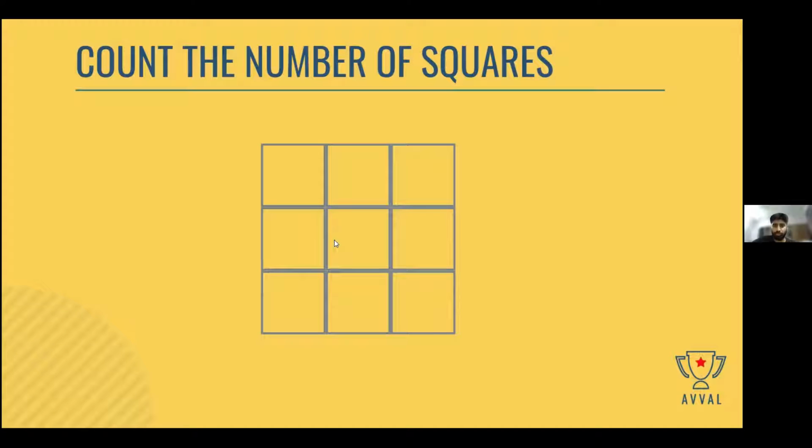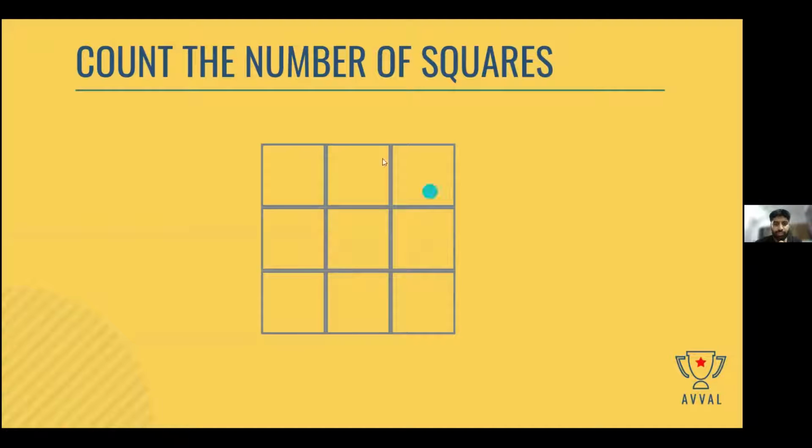Because look, I can ask you more tricky questions. For example, I can ask you how many squares are there on a chessboard, and what would you do then? Can someone tell me how many squares are there on a chessboard? That's an 8 by 8 square, by the way. So why don't you all take it as homework? How many squares are there on a chessboard? And that's your question. And by the way, if you start counting it, just like the way we did right now, it's probably going to take us all day. So there has to be a simpler approach, which I will teach you later, not in this class, but in a later class.